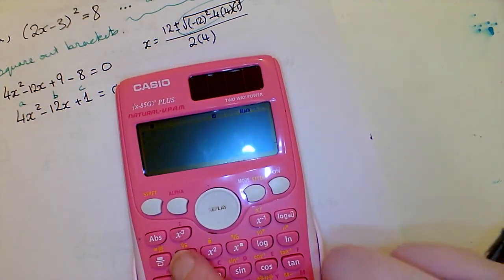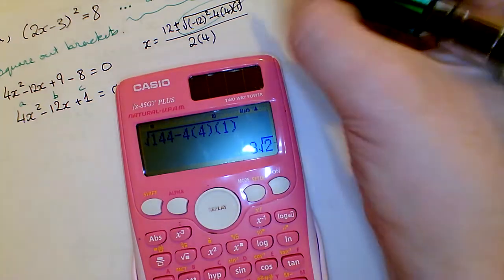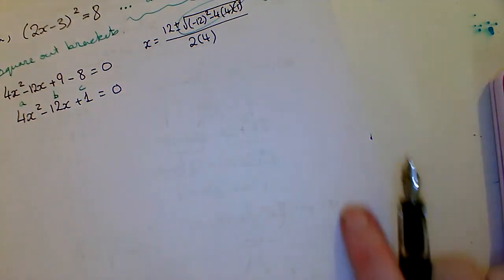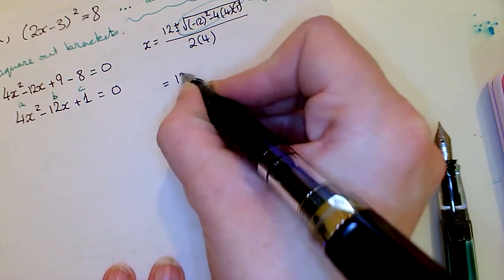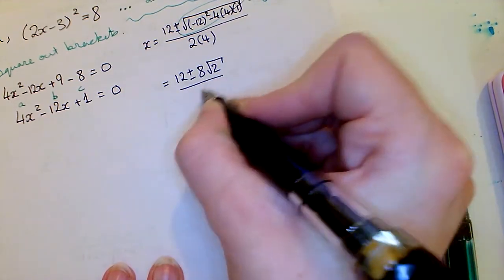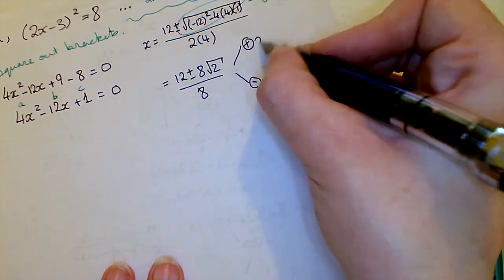So we have the square root of 12 squared minus 4 by 4 by 1, and we've got 8 root 2 there. So that's 12 plus or minus 8 root 2 all over 8, the plus value, the minus value,